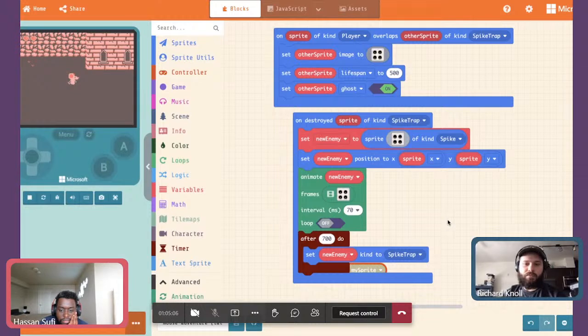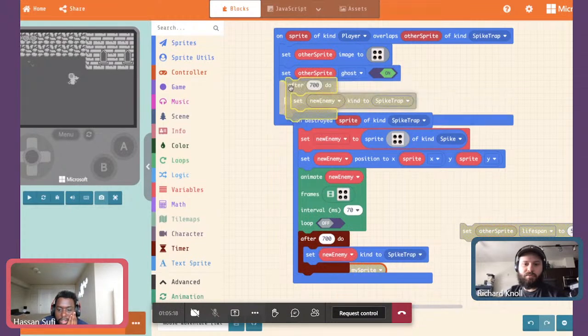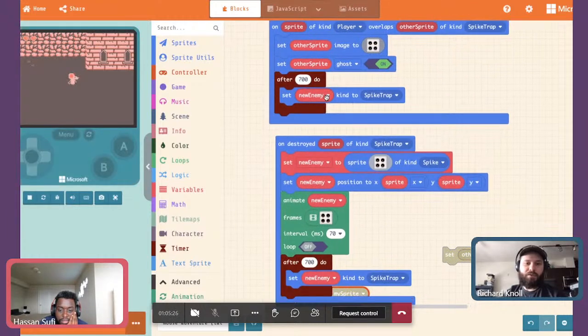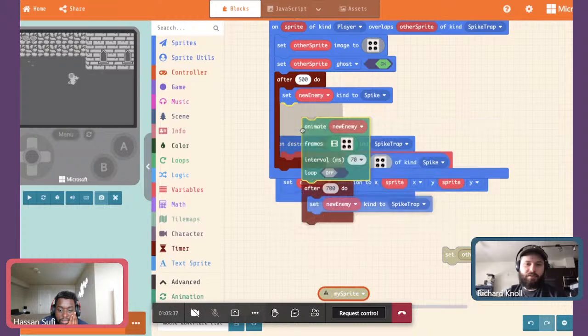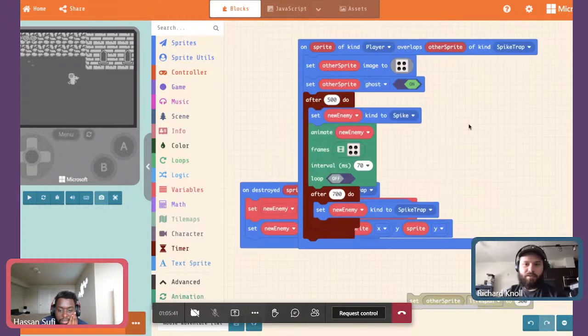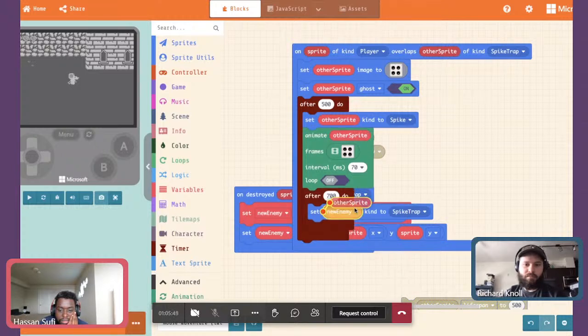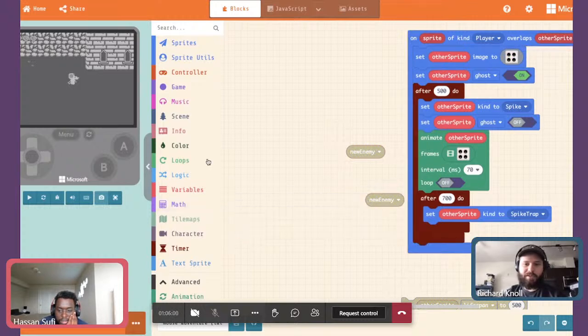Yeah, cool. And actually, what I'm realizing now is why use lifespan at all? We don't really need to. All right, let's get rid of that. Isn't this event on the onDestroyed? Yeah, so I'm going to get rid of this onDestroyed actually. So what we're going to do is after 500, we're going to set the kind to be spike. And then we're just going to put this in here. We're going to set this to be other sprite. And then we're going to set the ghost to be off. There we go. Nice. Makes our code a little bit simpler. Okay,